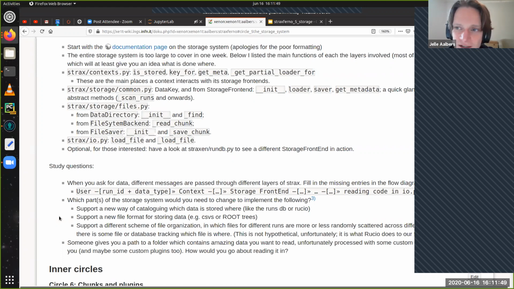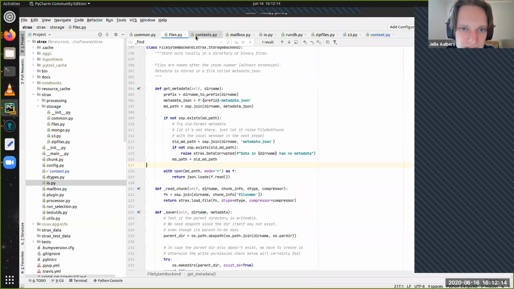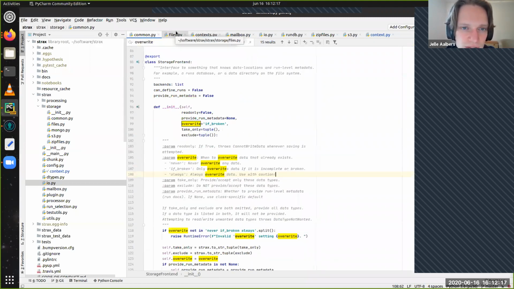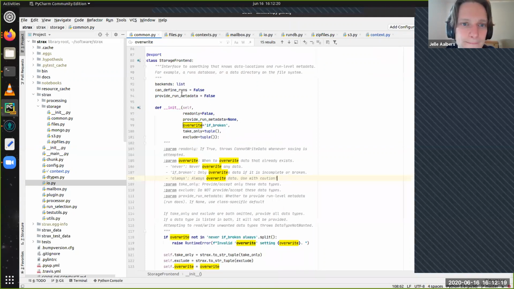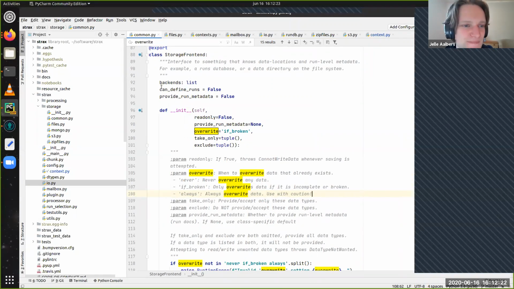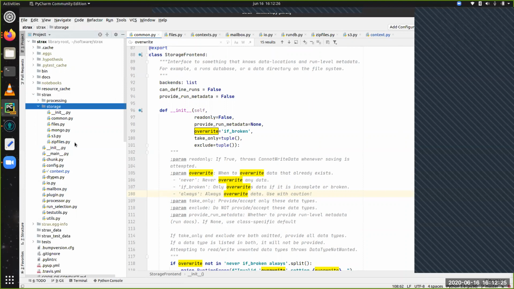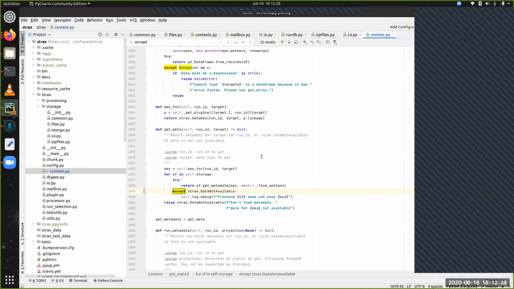What if I want to make sure that all of the data from now on gets written as root files? How do I change that? You'd have to change the default file front end, backend. Yeah, you have to change the default backend. Okay, let's look. So where should I look? What file? This is a context option, isn't it? When you're making a context, you specify which storage systems you're using.